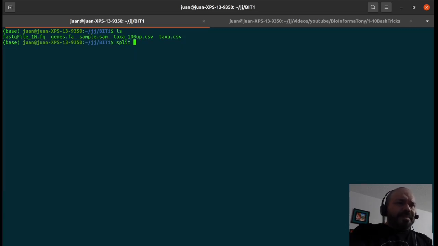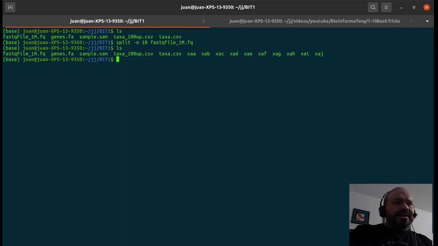So let's split, n equal 10, the FASTQ file, and that again produces 10 files. Each of them will be 100,000 lines, and we will use again the cycle for file in anything that starts with x,